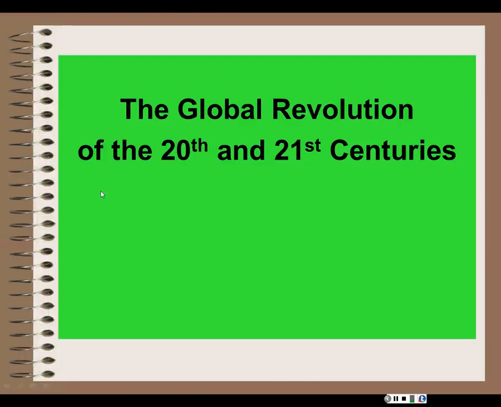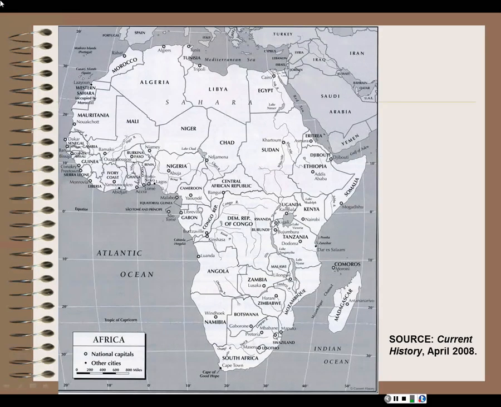We're continuing our discussion of the global revolution of the 20th and 21st centuries. First of all, we want to look at this map of Africa just to review some of the places we're going to be speaking about today. There's the Sudan. Chad is right next door. And then we're going to be going down to the Democratic Republic of the Congo and talking about Rwanda. We're not going to be talking about Burundi, but some of your lessons do. And everything we talk about in terms of the Hutus and the Tutsis is in this area of Rwanda,